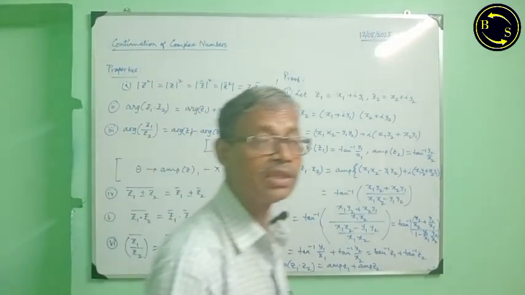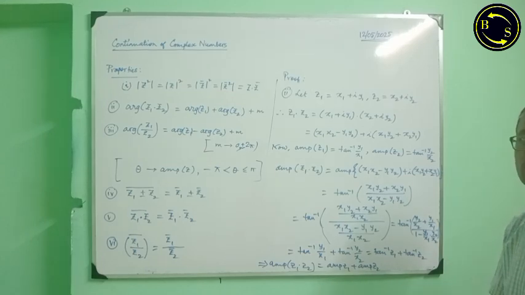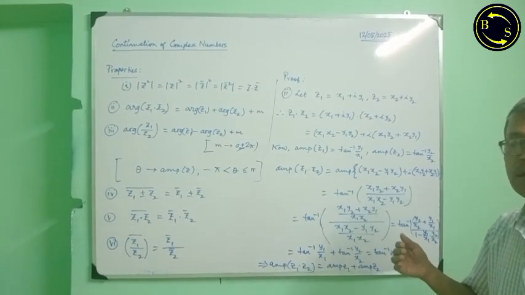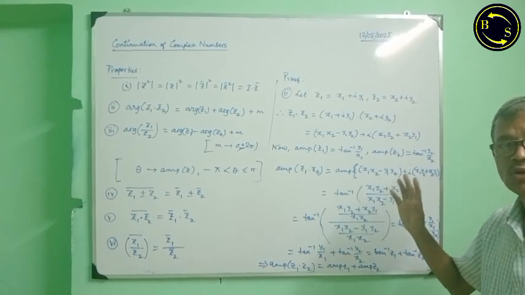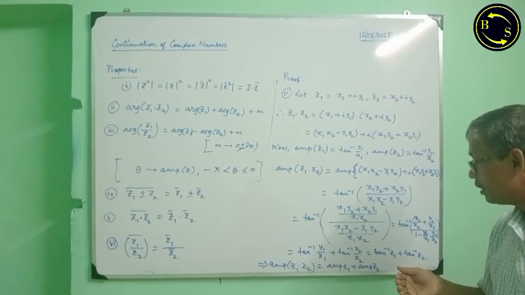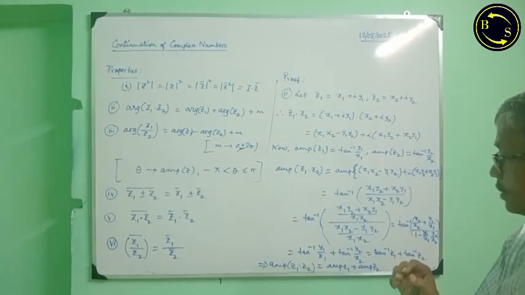But I have mentioned that for understanding purposes we have taken x1, y1, x2, y2, etc. as positive, but those are not known. Those may be positive as well as negative, and according to the definition of principal value